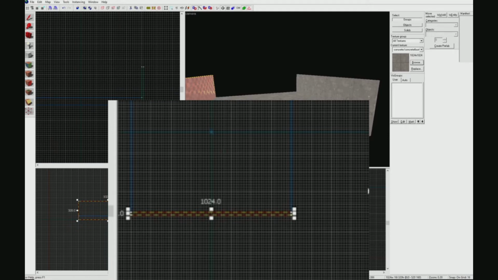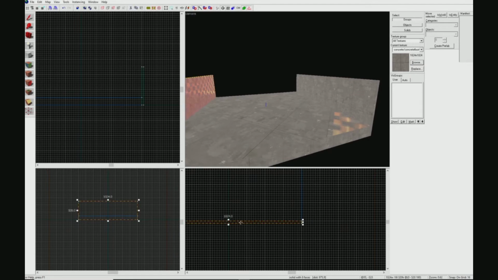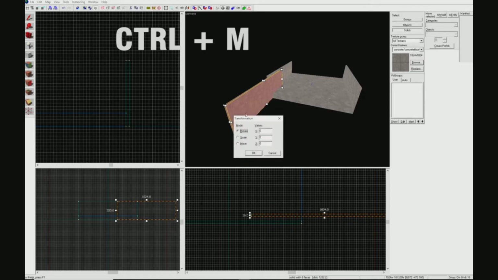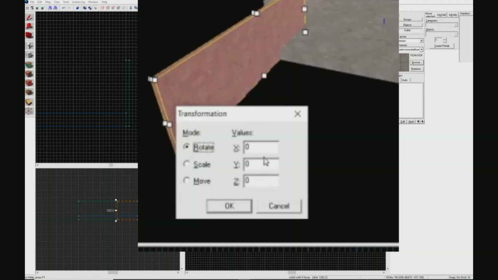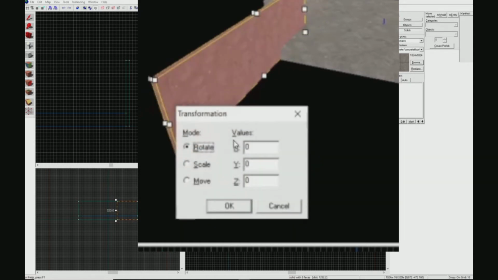And if you wanted to make the wall on the other side, simply click on the cube first, hold shift, left click and drag. I forgot the shortcut, but you want to select the asset and hit Control M, and you have your transformation window, and in the different directions you can rotate by 90 degrees. So I did it by X, Control Z, Control M,